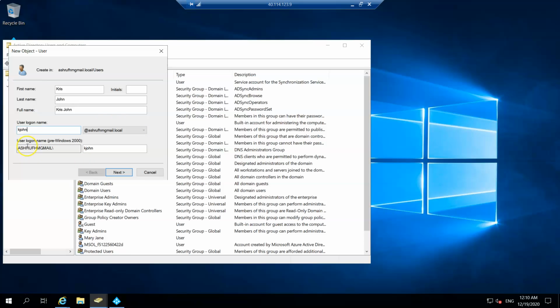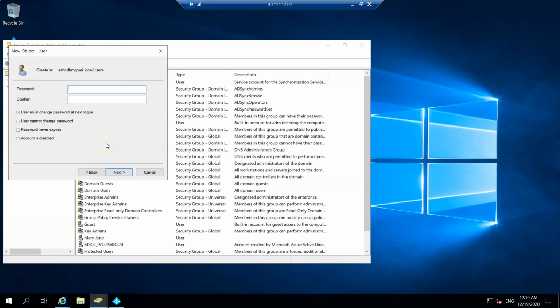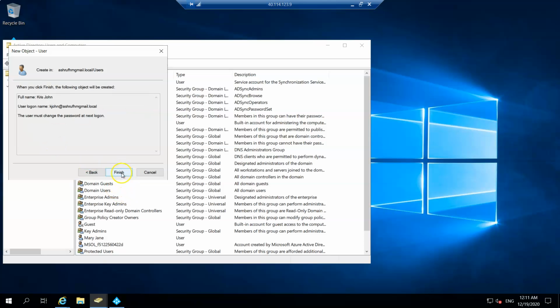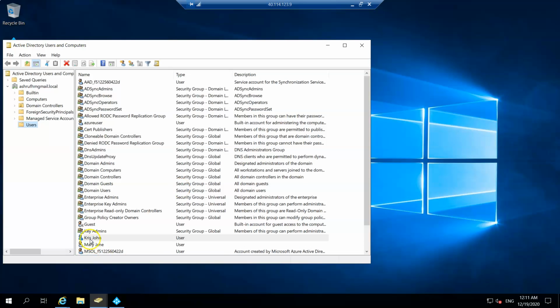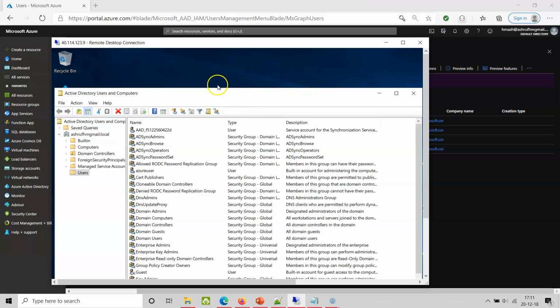So the user login name will be kjohn at the local domain. All right, next. Password. Next. Finish. So we can see here Chris John is created, but now let's go to the Azure portal